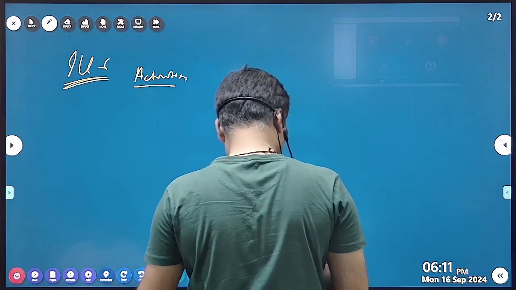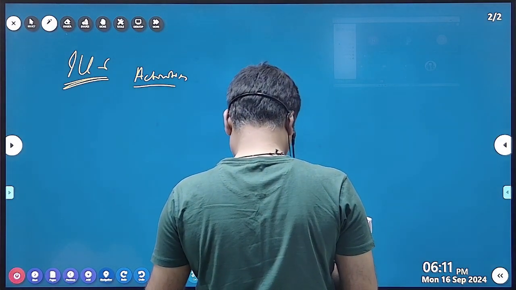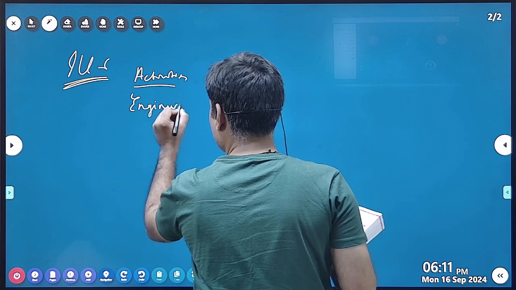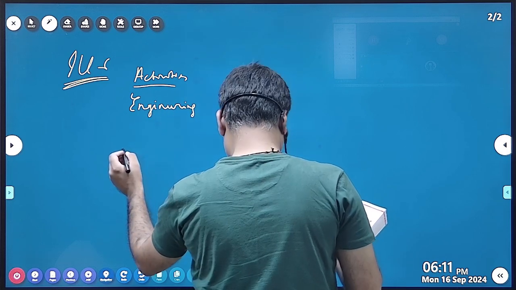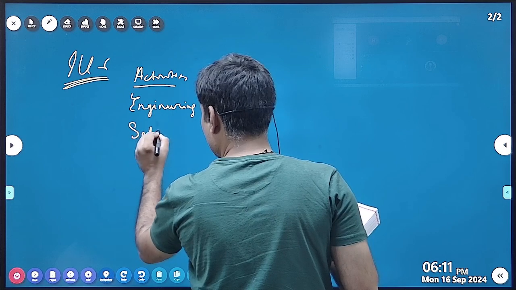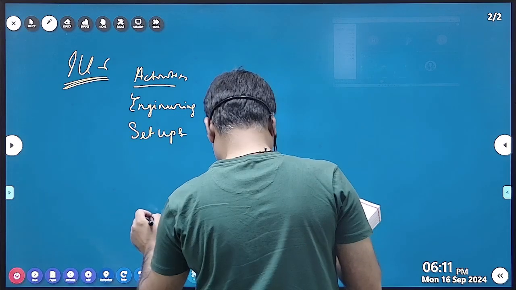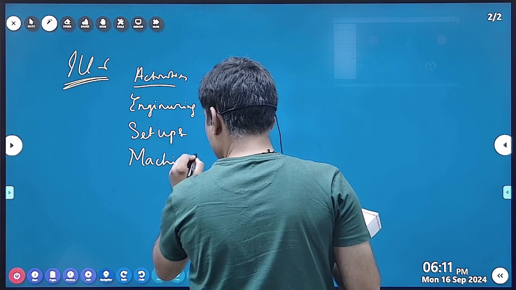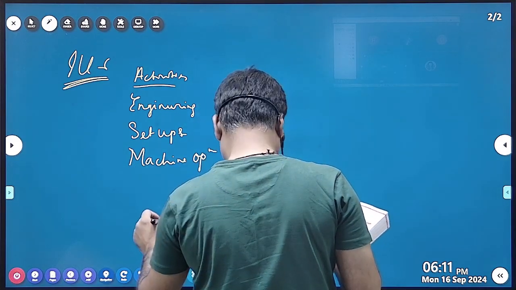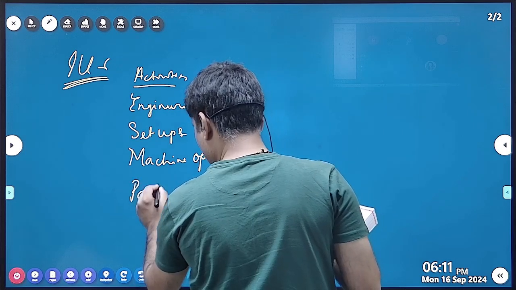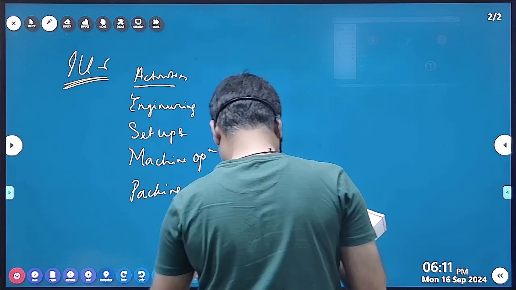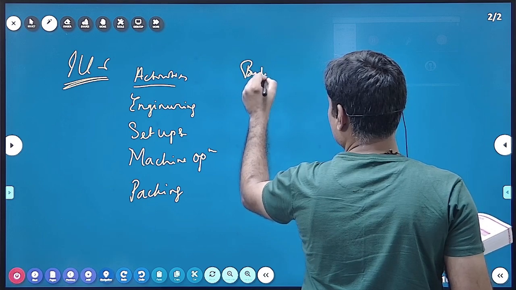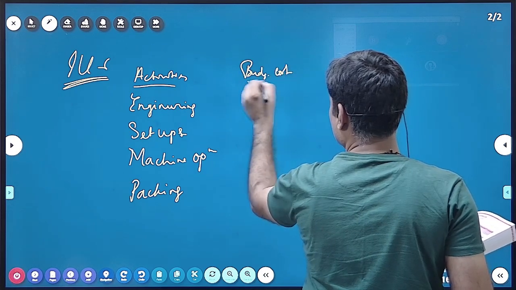The engineering, setups, machine operations, and packing. Right. So what are its cost as given in the question? Budgeted cost given in question